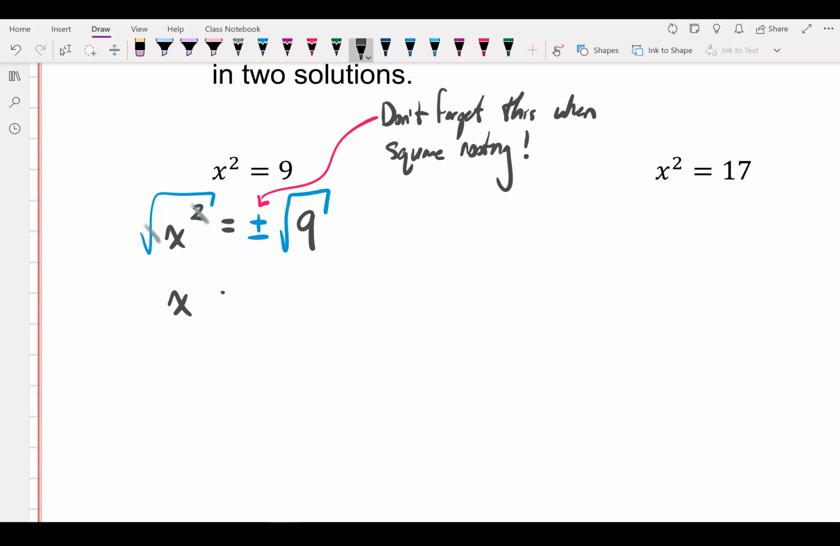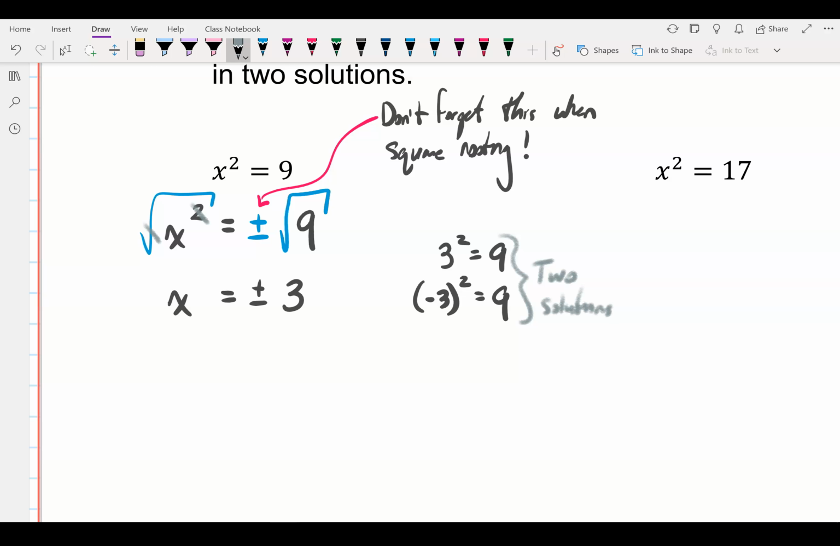is x. But on the other side, we've got to say plus or minus. What's the square root of 9? You can put it on a calculator. It's 3. Why does that work? Well, it's because 3 squared is 9, but there's actually two solutions. If we took negative 3 and squared it, we would also get 9. So that's why there's two solutions to this, which is why we have to consider both when we're plus and